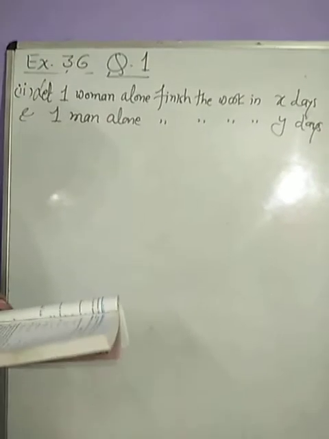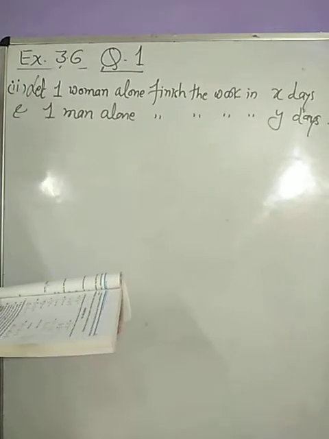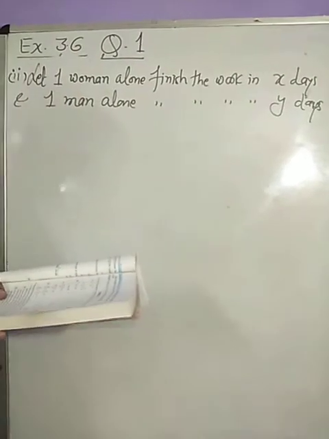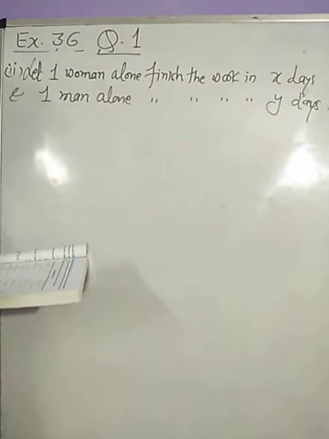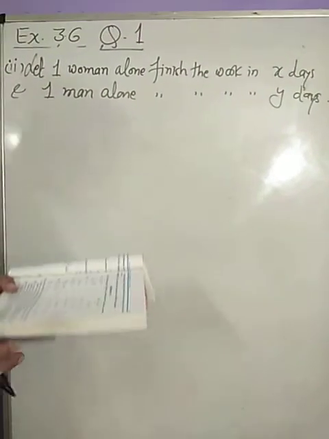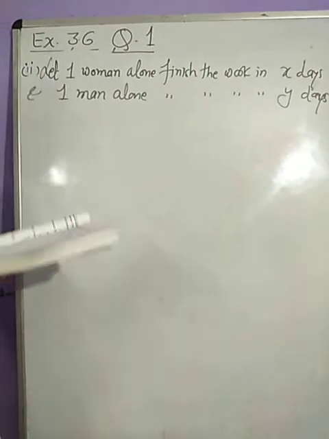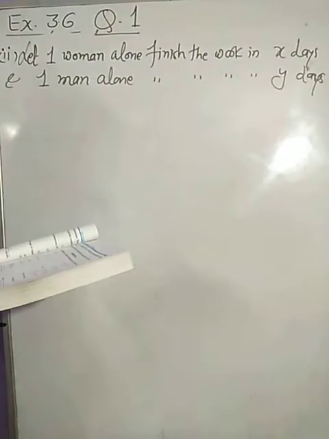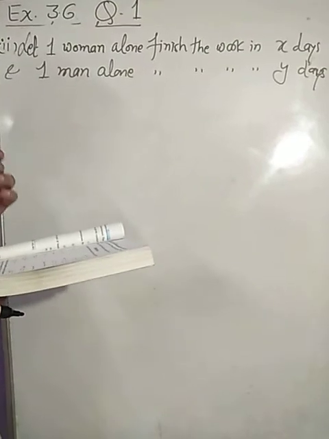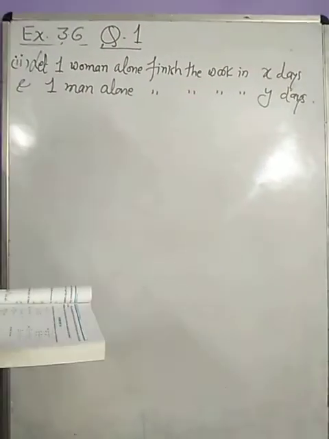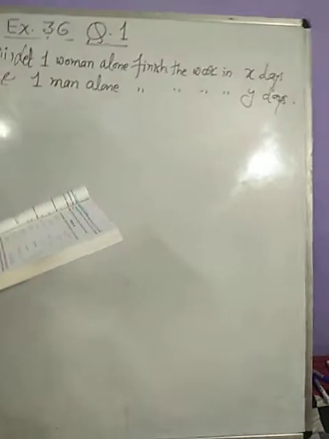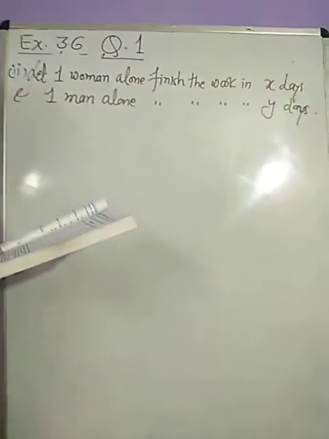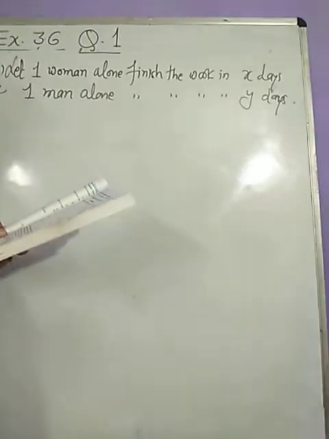Now we'll take the second part of this question, a very important question from the examination point of view. The question is: two women and five men can together finish an embroidery work in 4 days. That is the first case. The second case is three women and six men can finish that work in 3 days. And he's asking, find the time taken by